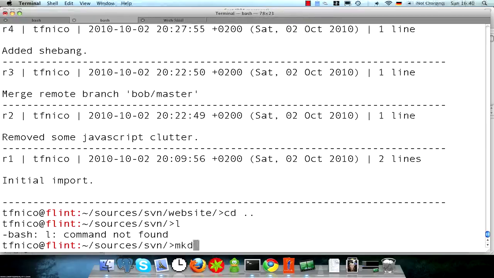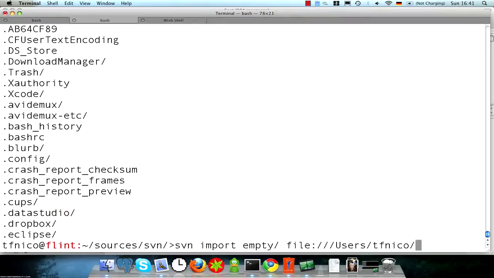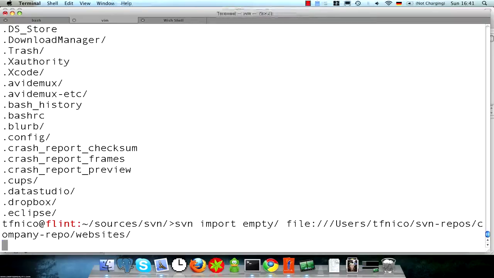So first they're going to just have an empty directory, which they will import into the root of their Subversion repository. We're just going to have an empty folder called websites, which is where all the